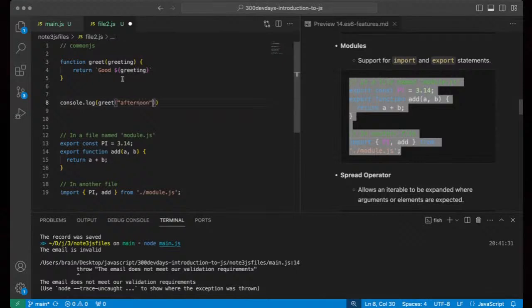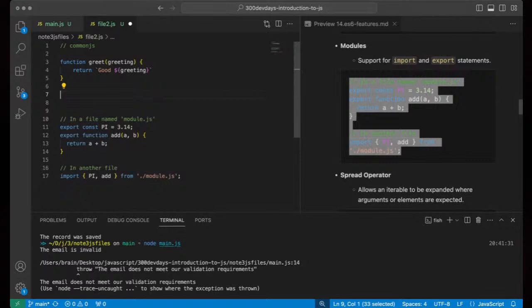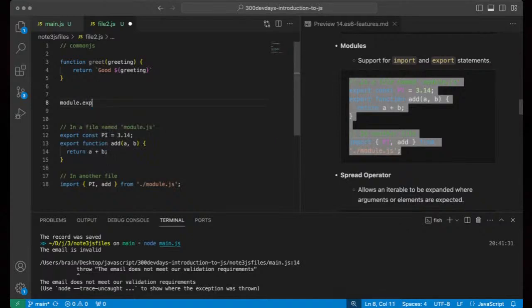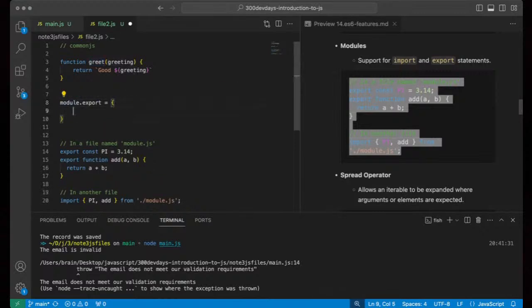So what we have here is a function that performs this greeting. If you want to export this particular function while working with CommonJS, you would use module.exports and pass in that greet function.